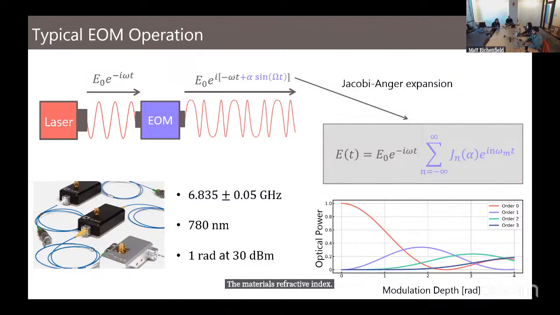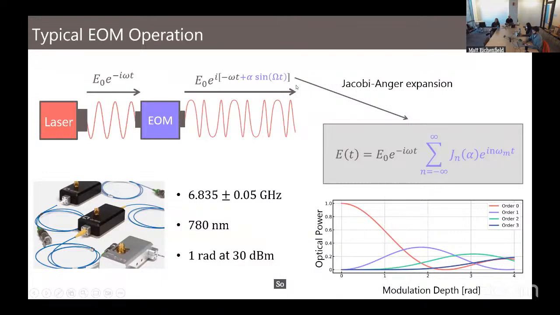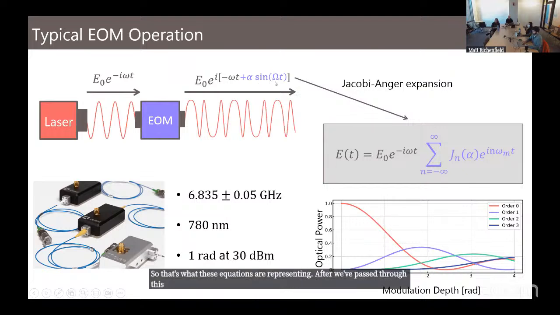So if you have a crystal box of one such of these materials and you make there be a sinusoidally varying electric field within the crystal, then its index of refraction will also vary sinusoidally. And if light is propagating through that crystal while that's happening, it will accumulate a sinusoidally varying phase. So that's what these equations are representing. After we've passed through this electro-optic modulator, we now have a sinusoidally varying phase with an amplitude called the modulation